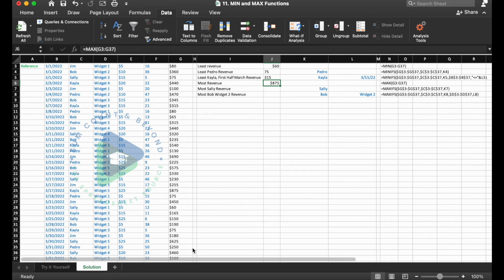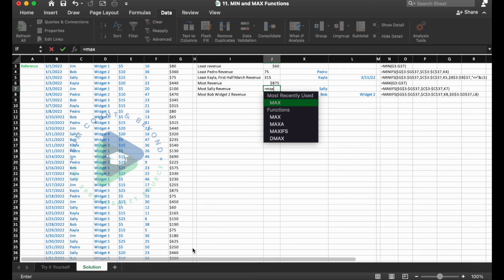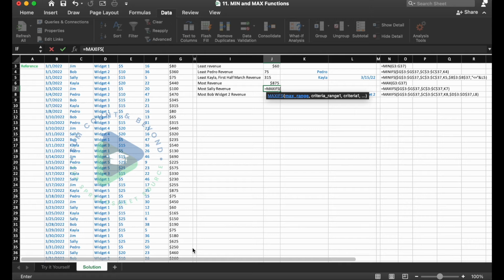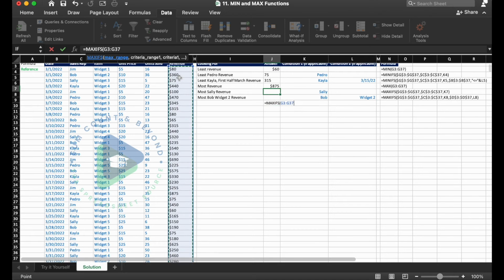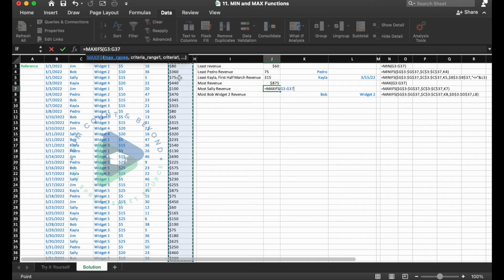But now let's add some conditions on it so we can get a little bit more targeted with our search. So we're going to do equals MAXIFS, and you'll see again there is no MAXIF, there is only MAXIFS. So we're going to do MAXIFS, open parentheses, and again first we want to look at the range that we want to do the max of, so we'll go G3 down to G37.